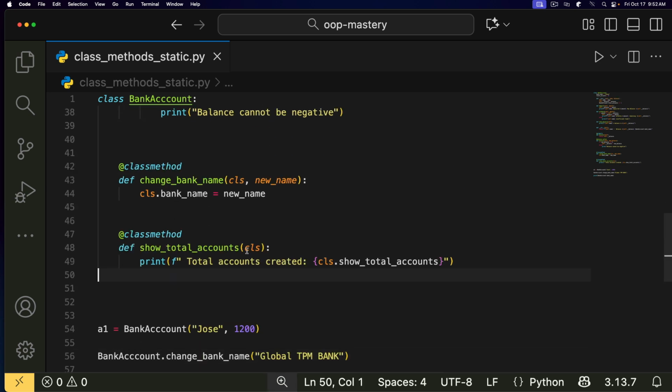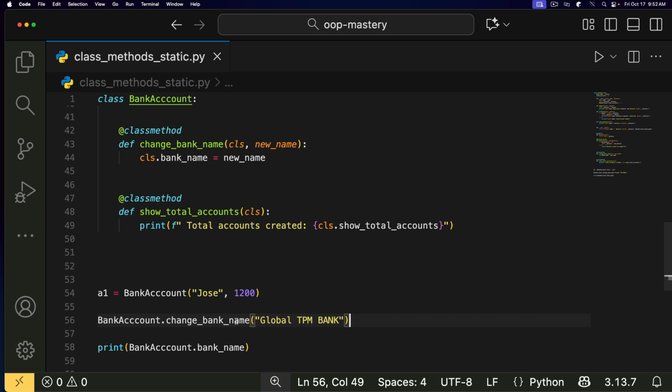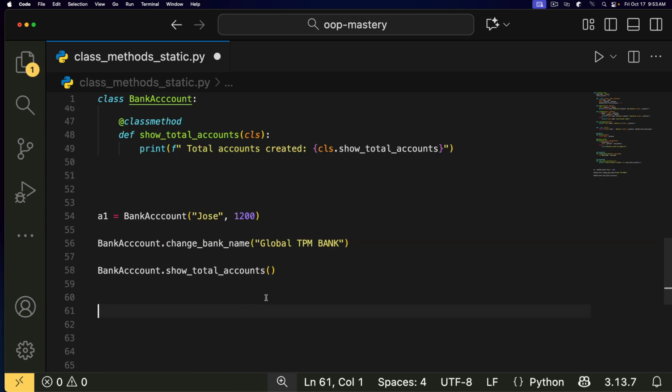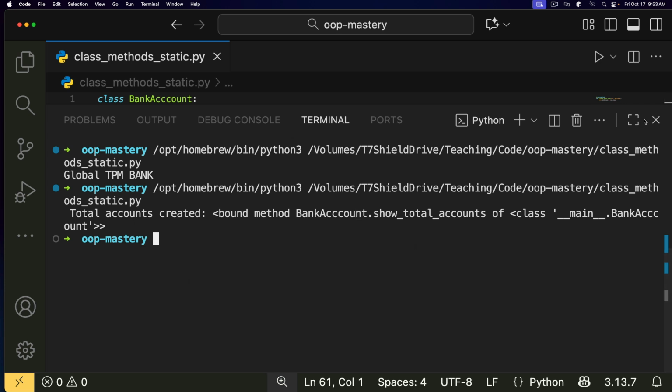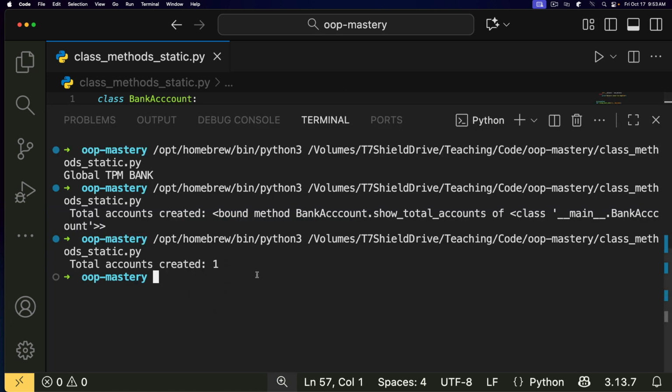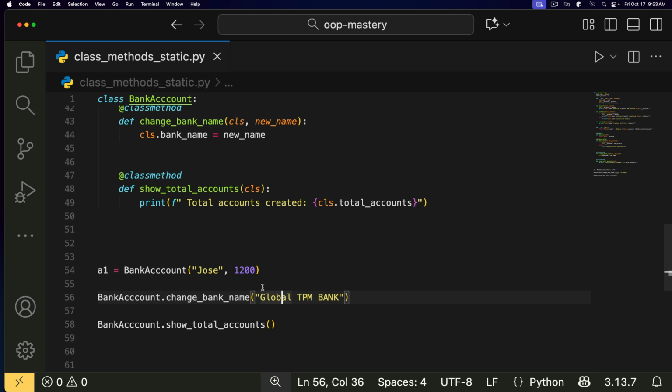So now we have this show total accounts method, and we can access this just like we did here. Instead of this one, we'll do show total accounts, just like that. Give me one second, let me just take that off right there. All right, there we go. Total accounts created: 1. So if I create another one here,